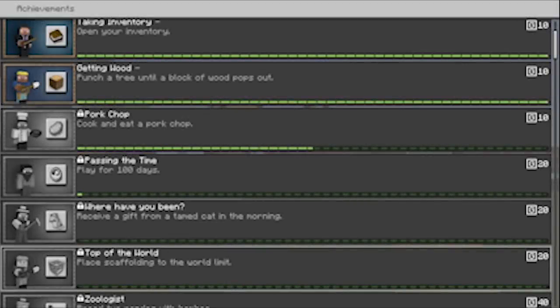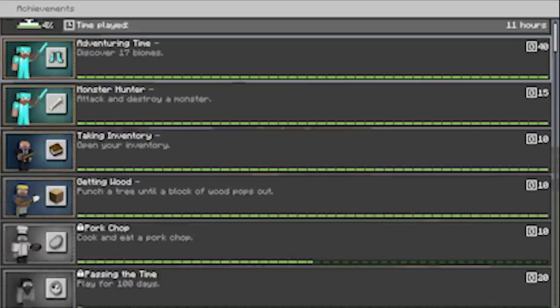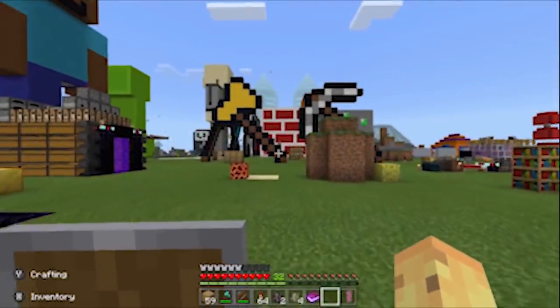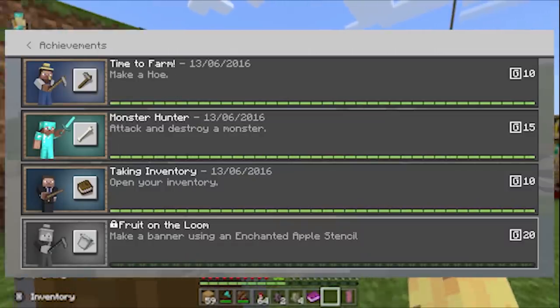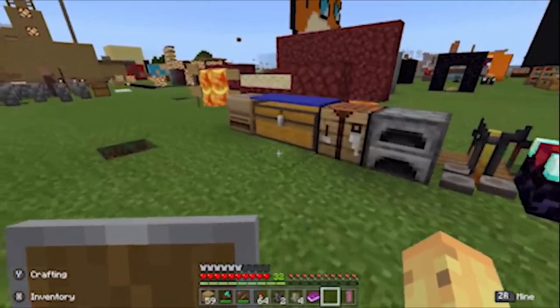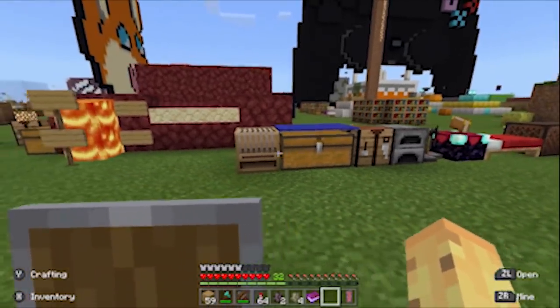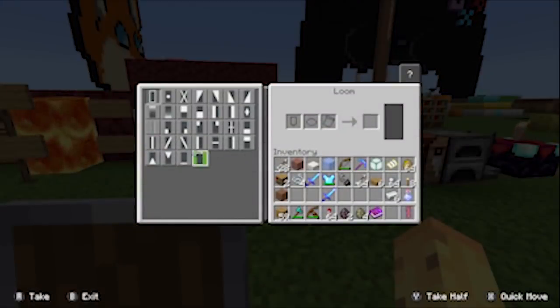As it turns out, the achievement is not here on the Nintendo Switch, which is the platform I'm using to play for today's video. So if you want to get the achievement on every other platform, for 20 gamer score, you can make a banner using the enchanted golden apple, and you'll get 20 gamer score. I think that's a really fun trade-off, because it's a really expensive banner to make, the Mojang logo one, and now you get rewarded if you decide to make one with the...